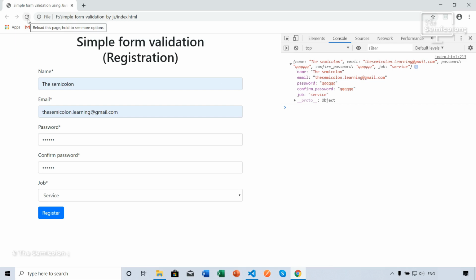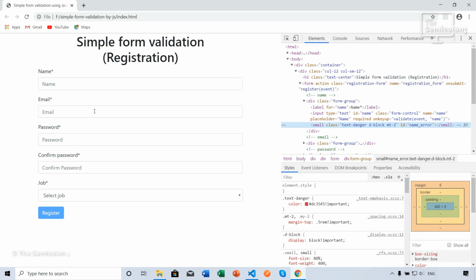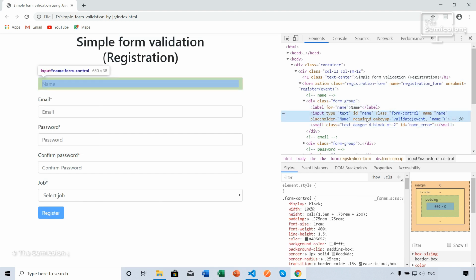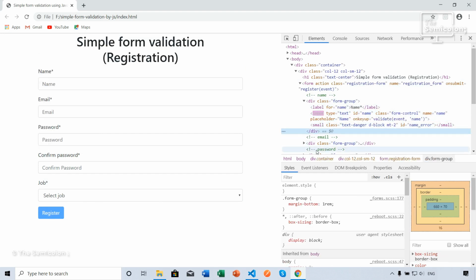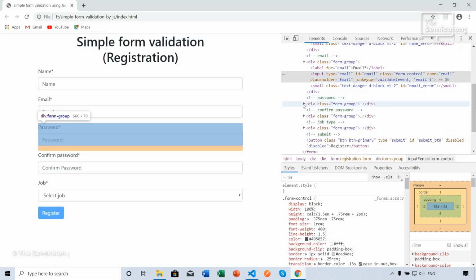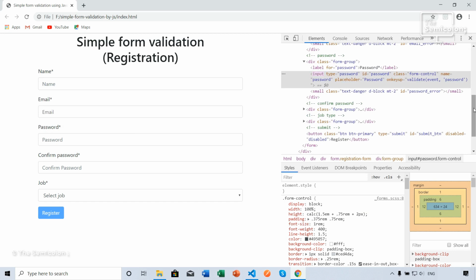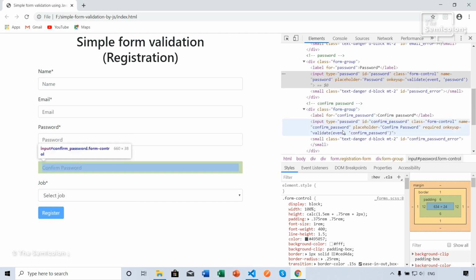And if we forcefully try to submit the form, let us remove the required attribute from name, from the email too, from the password, from the confirm password,